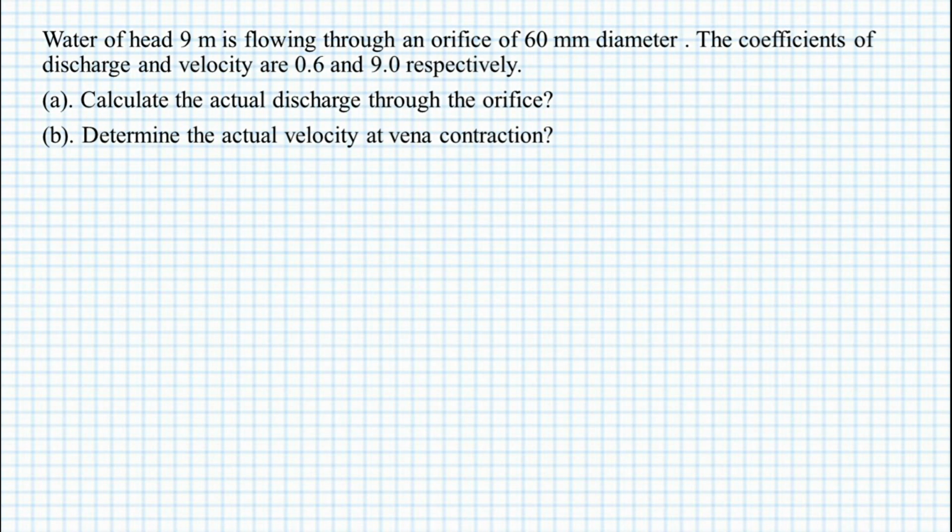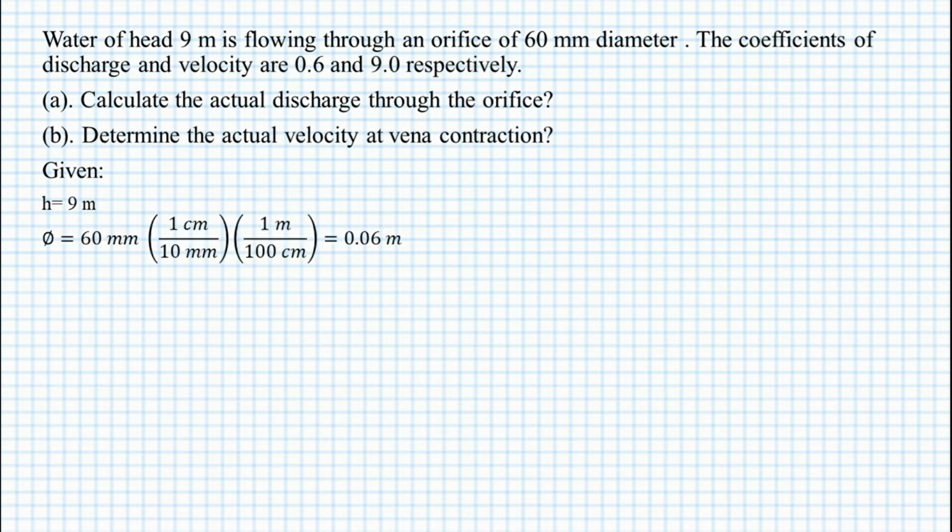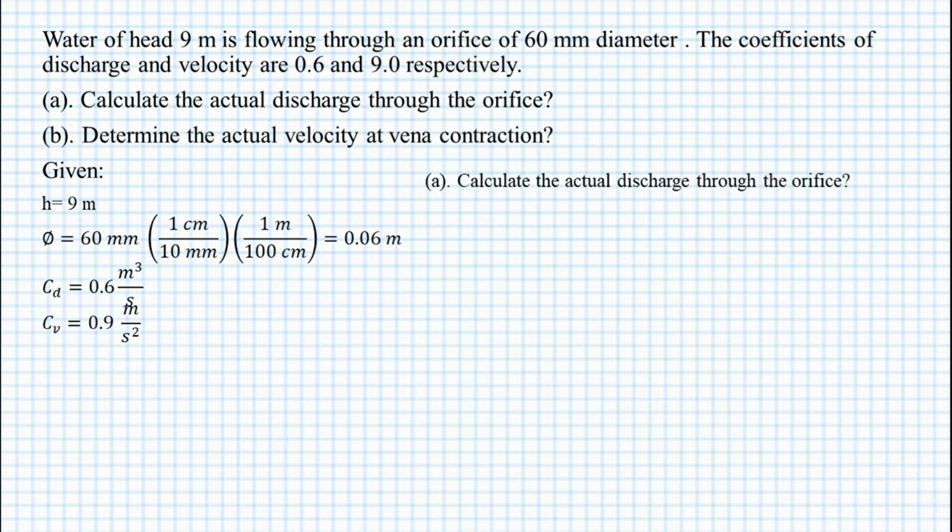The given values are water head equals 9 meters, a diameter of 60 millimeters, which we convert into meters, which equals 0.06 meter. The coefficient of discharge equals 0.6, and the coefficient of velocity is 0.9. Before we solve for the actual discharge of the orifice, we should solve for the area of the